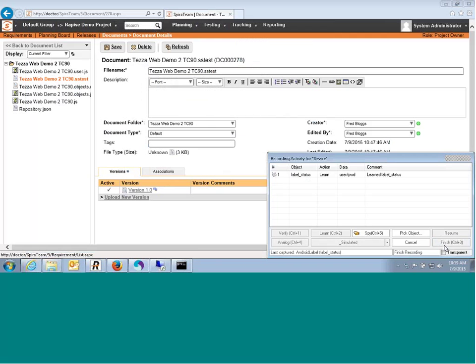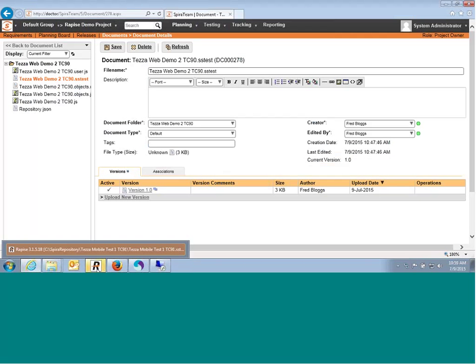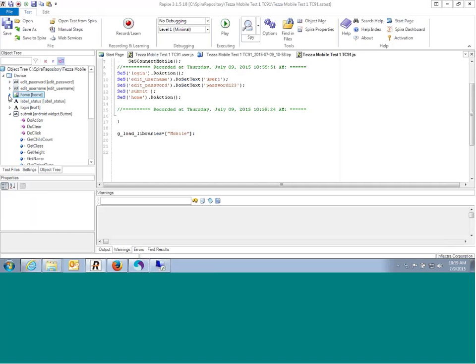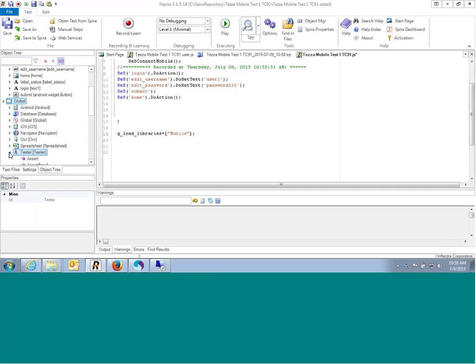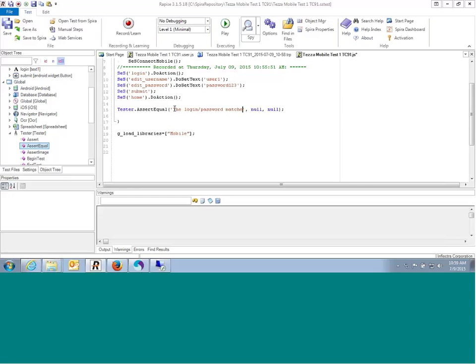Okay, hit finish. Now if I go back to Rapise, I'll take that. And I want to verify the result matches. So I use the same verify functions that I did before. So I got a global tester. I want to set the verify they're equal. So I go there. The message will be login password matches. And it should be